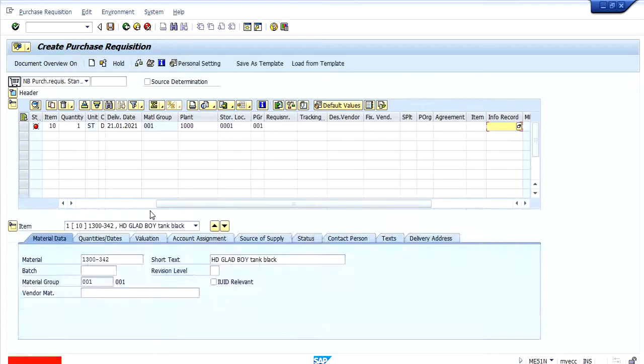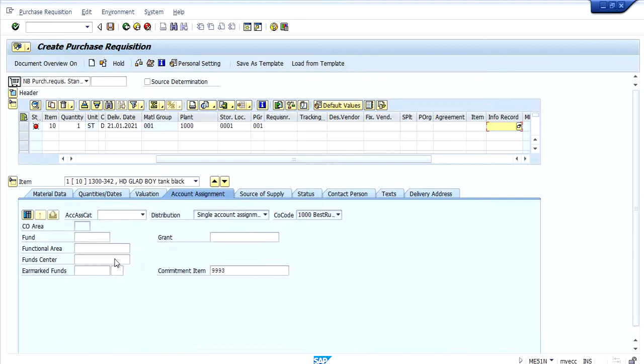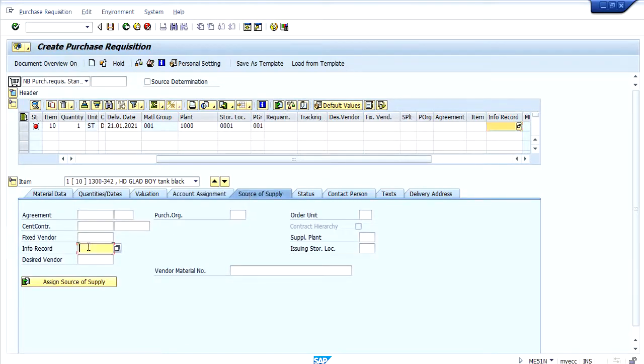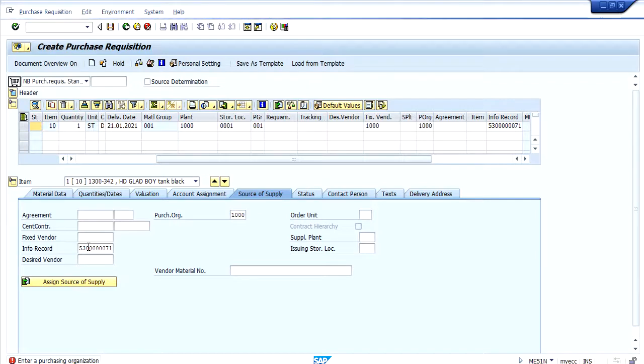Then the system will ask to enter an info record. In the source of supply tab, we can give the info record which is already created and the purchase organization.